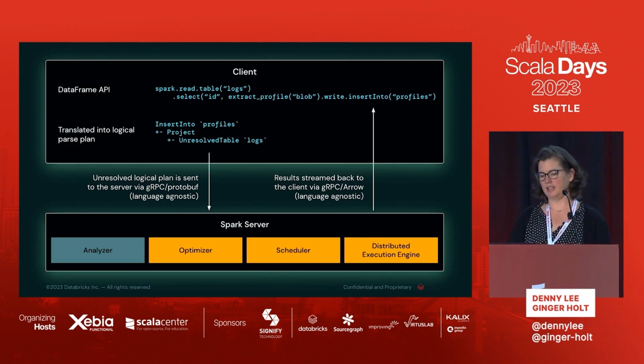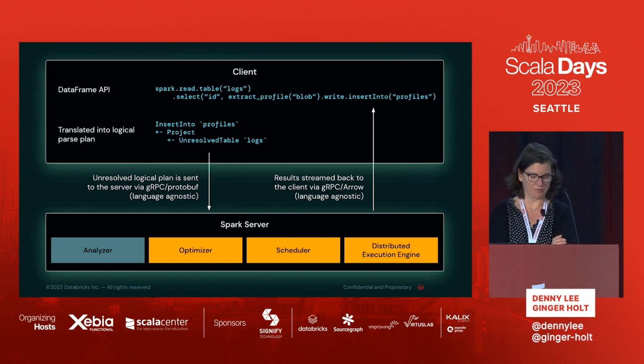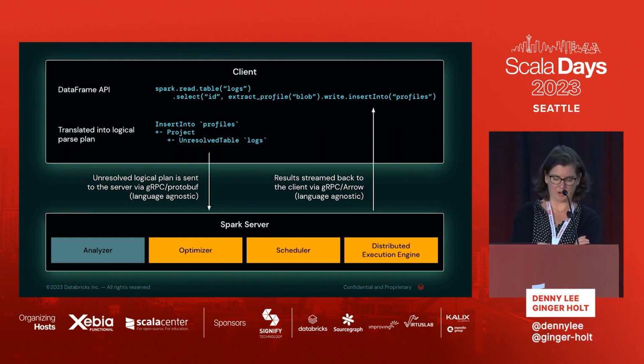When they were designing Spark Connect, the essence it's built on is the data frame API. It's the most powerful, most used interface of Spark. The common denominator of the data frame API is that it expresses the intent of what we want to do. So if you look at this example here, we're taking this intent and translating it into a common representation, which is a logical plan. It's one level higher than the logical plan of the Catalyst Optimizer, for example.